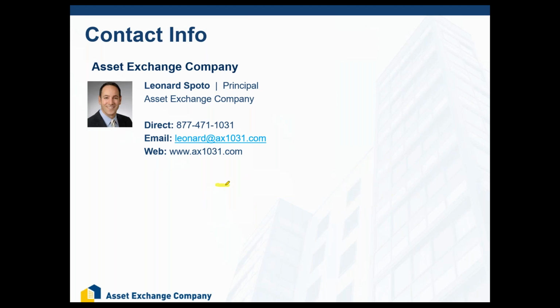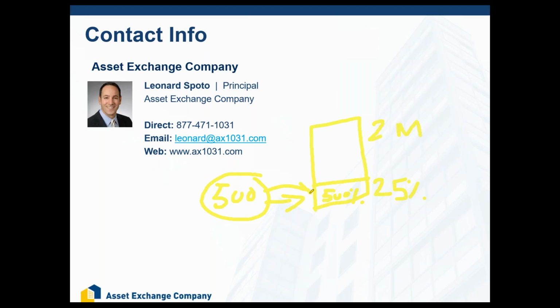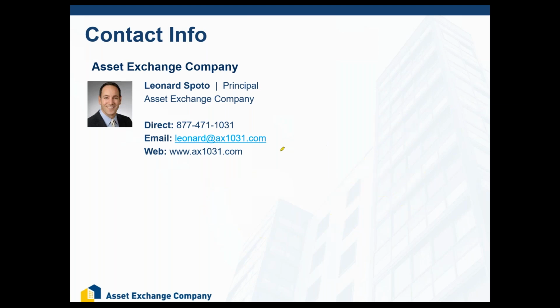Now, if you sold a property for $500,000 and you're going to buy a $2 million property with a partner, all you need to own is $500,000 worth of it, or 25%. Now, you could own more, but you don't have to. Whenever you do an exchange, you need to replace the value of what you sold. And if you do that and you have a partner, you better make sure that your ownership is equal or greater to what you sold. Does that make sense?